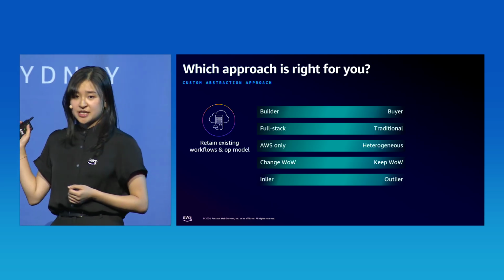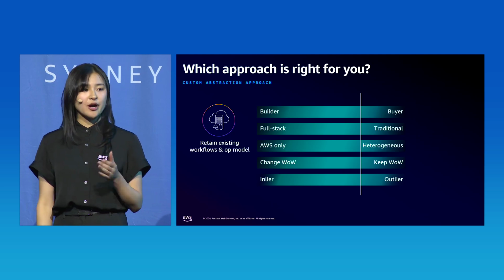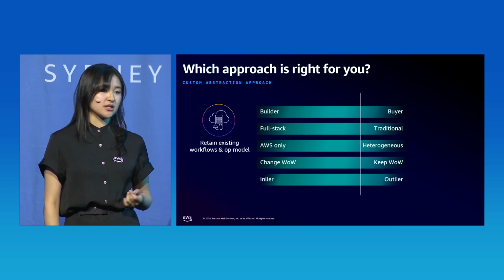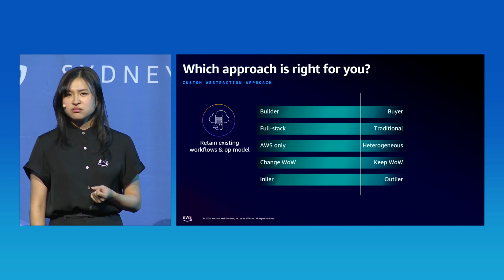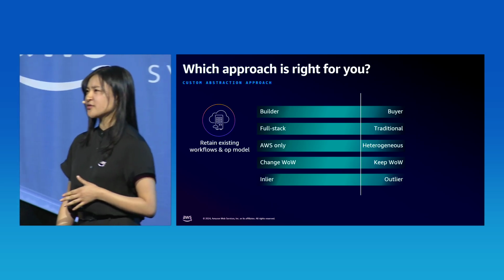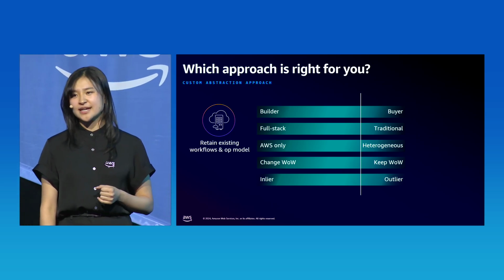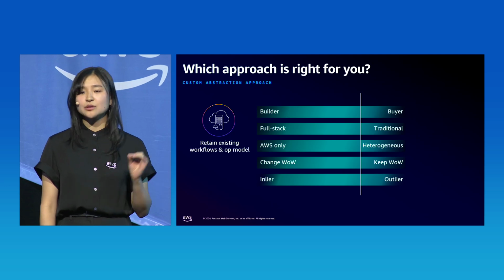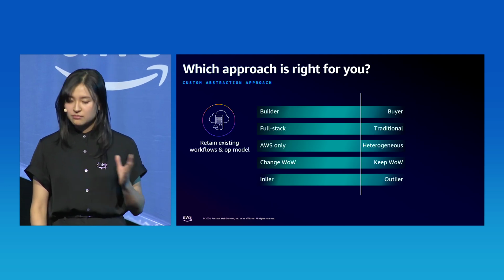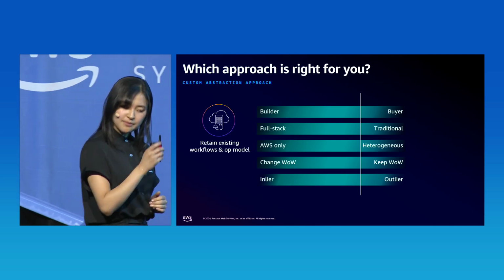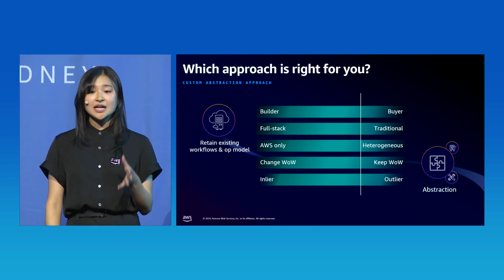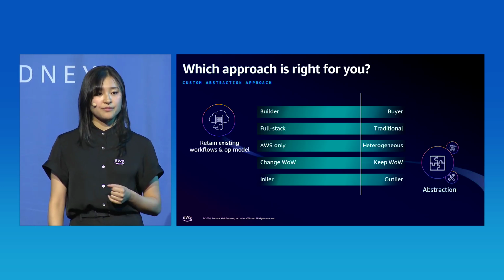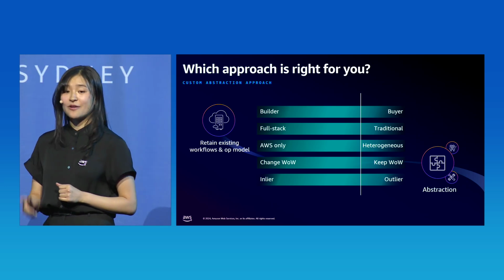Based on this particular customer's context, they prioritize building a uniform dev experience across a heterogeneous environment. They want to retain their existing ways of working due to the complexity of their organization and have unique requirements built into those existing workflows. So based on what we know and reflecting back to the key questions, it's likely that for them, investing into building a custom abstraction is the right path. Now, for our final example.